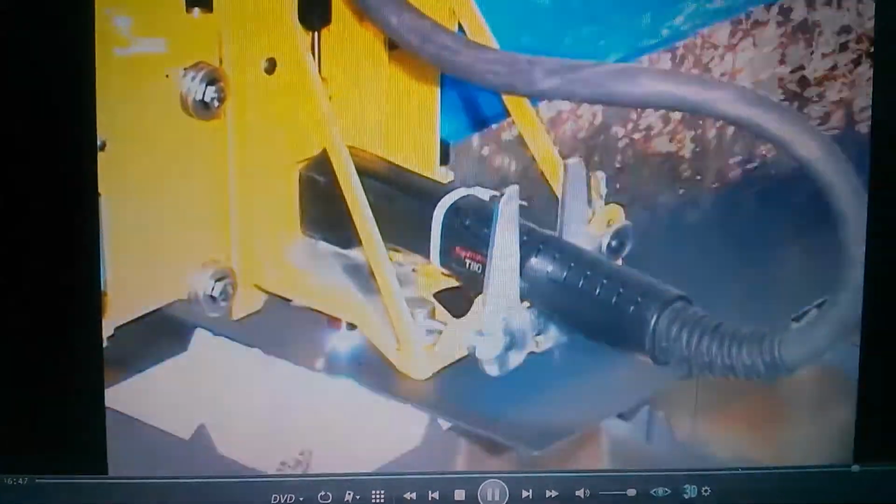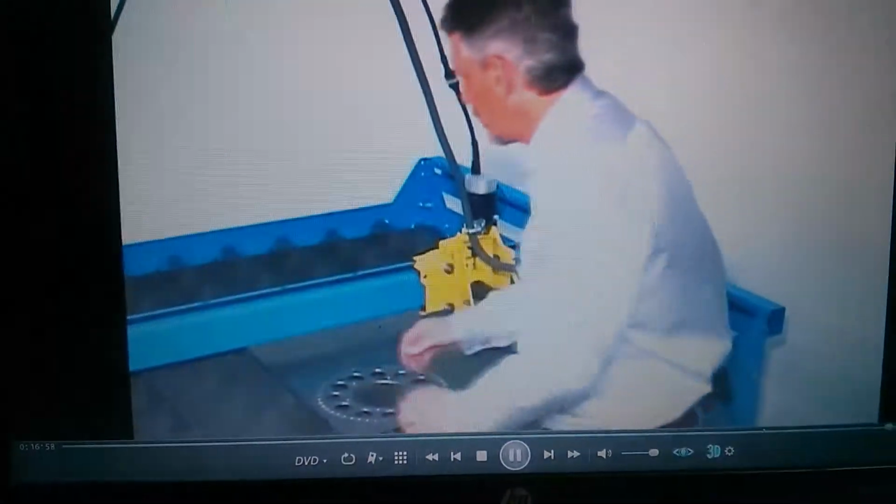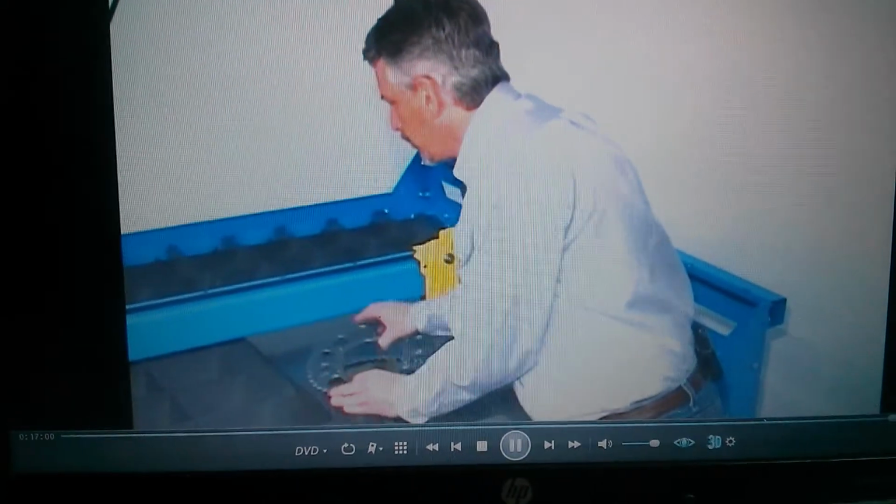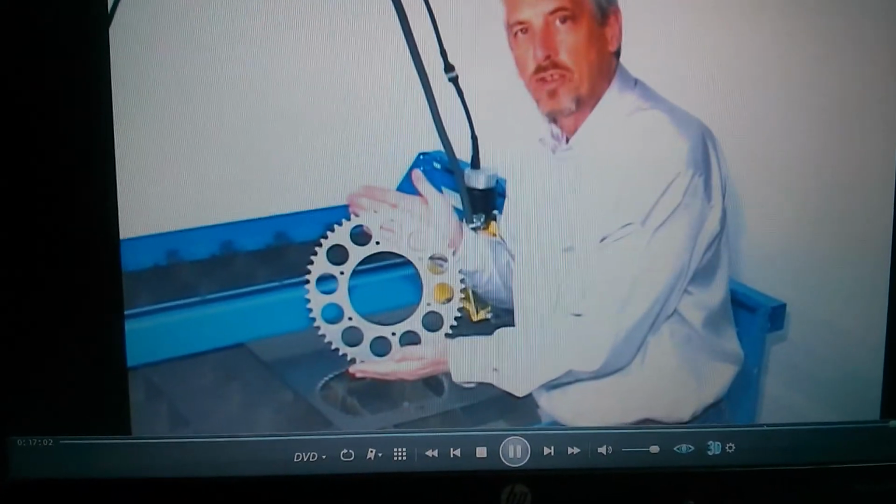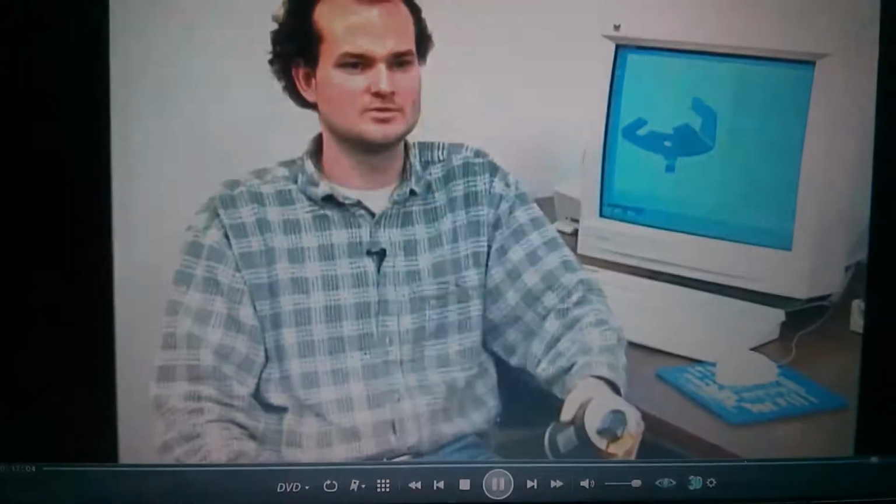Ang galing ng plasma. Talo electric welding. Pwede kang gumawa ng kahit na anong pyesa. Making new parts becomes so easy that your whole approach to design and production will change. When we were setting up for production,